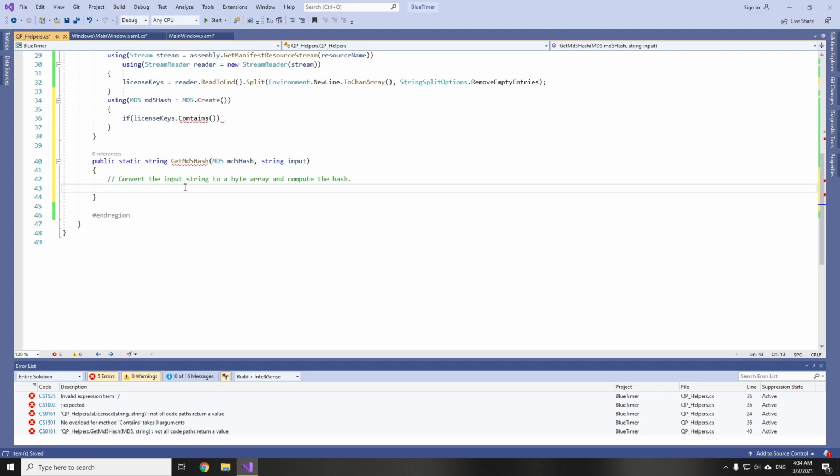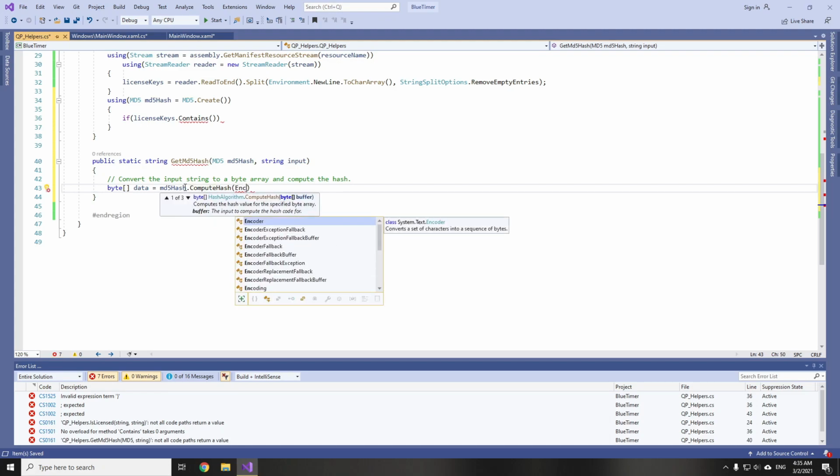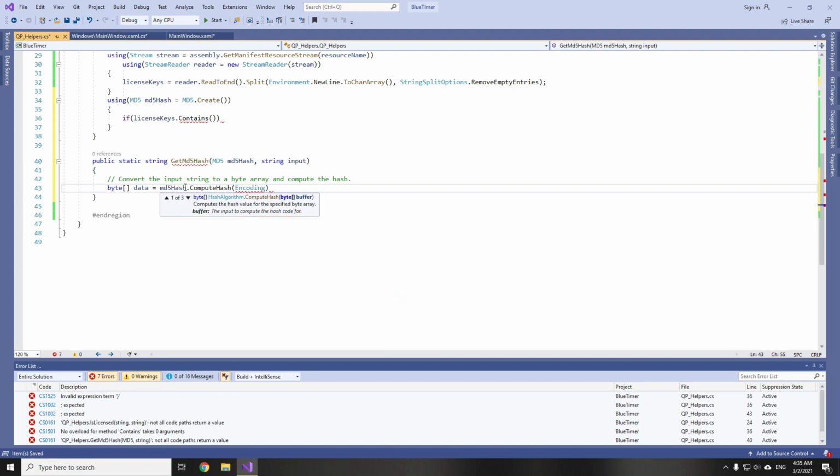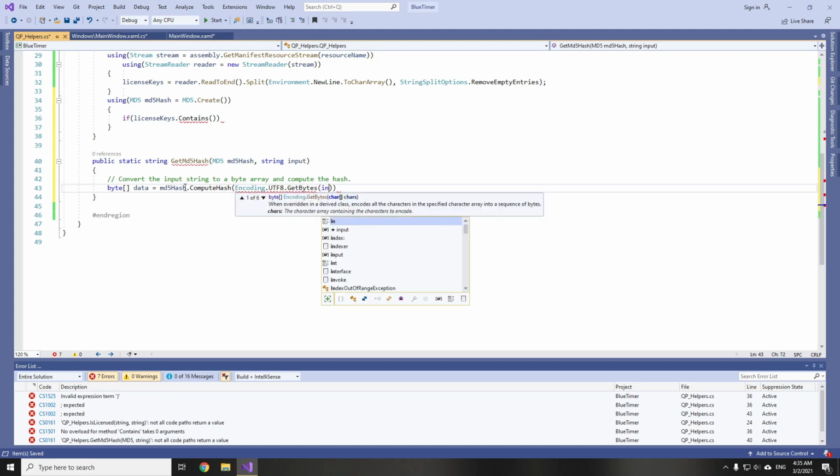So byte array called say data equals md5Hash and has a method called ComputeHash, and here we pass the encoding. So encoding UTF-8 GetBytes, and here we pass our input.